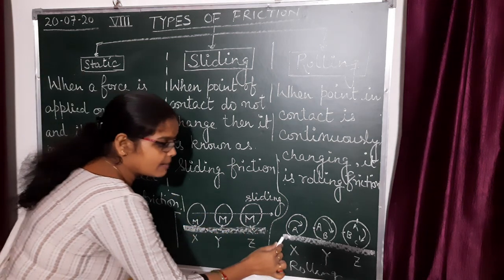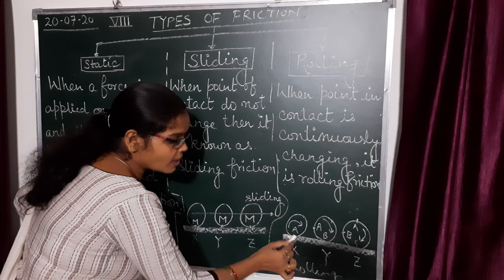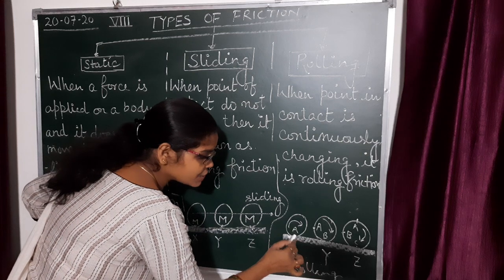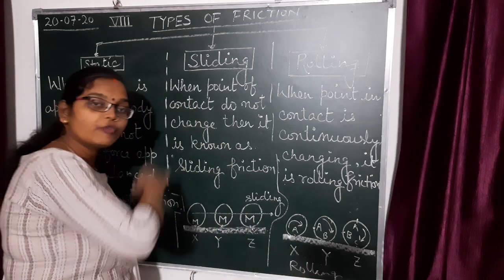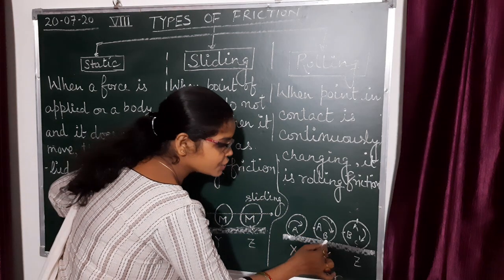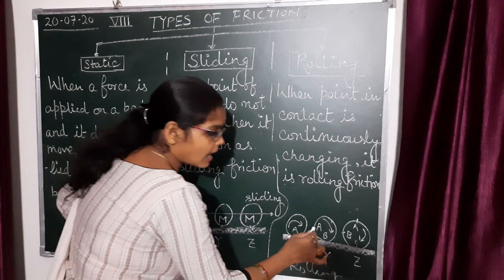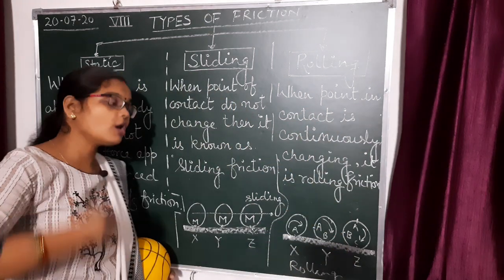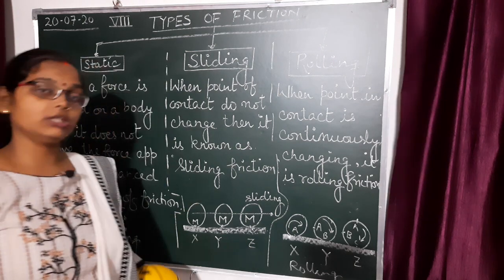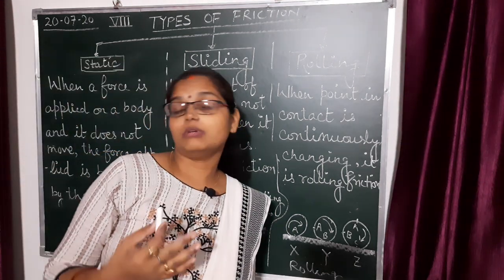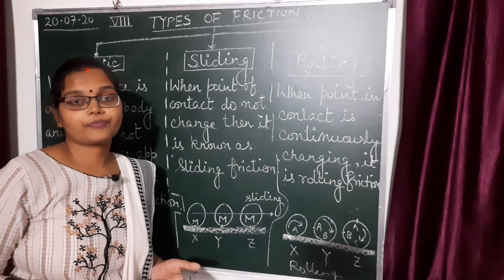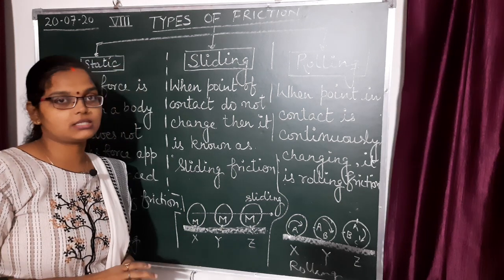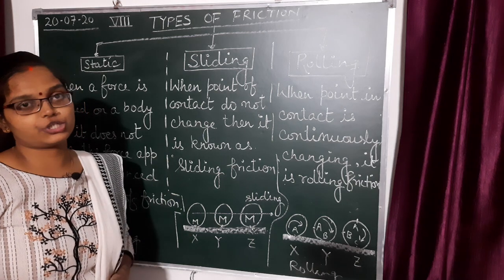Or you can see with the help of this diagram, the ball is in contact with the surface and it is rolling. Initially the point A is here. When it rolled, point A shifted from here to here and again from here to here and so on. It means this ball or object is rolling on the surface. For example, we can take the wheels. The wheels that are present in our suitcase are an example of rolling friction.